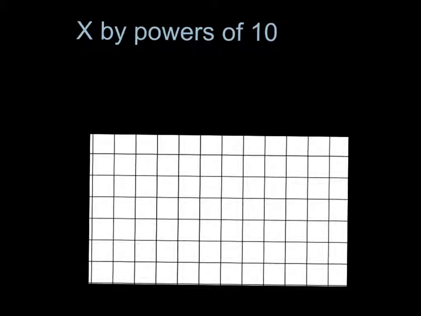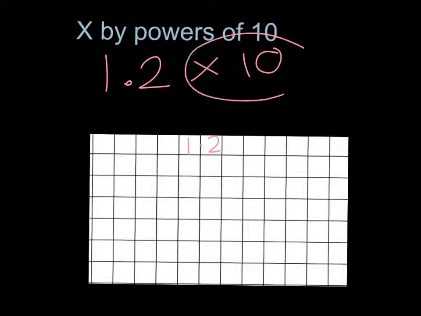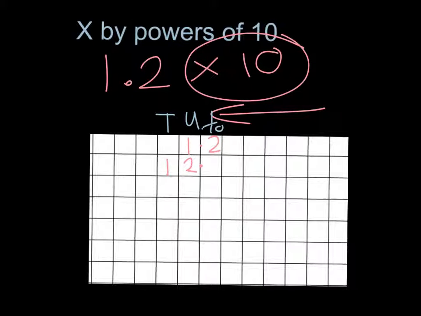Okay, so if we have a look at using place value then, its uses could be times in by powers of 10. So for example, 1.2 times by 10. We can use the squares to lay out 1.2, and if you're times in by 10, you're getting bigger, which means the number is going to move one place to the left, and that means the 1 moves across, the 2 follows, and the decimal point doesn't move. And again, remember you could put your headings in, so that makes sense. The units would move to the 10 columns, and the tenths would move into the units,